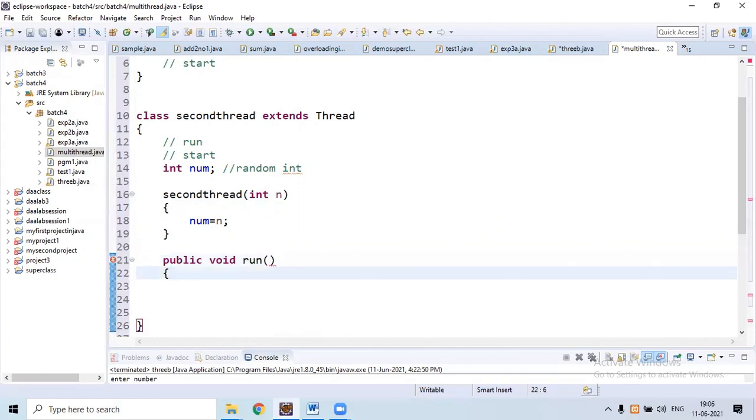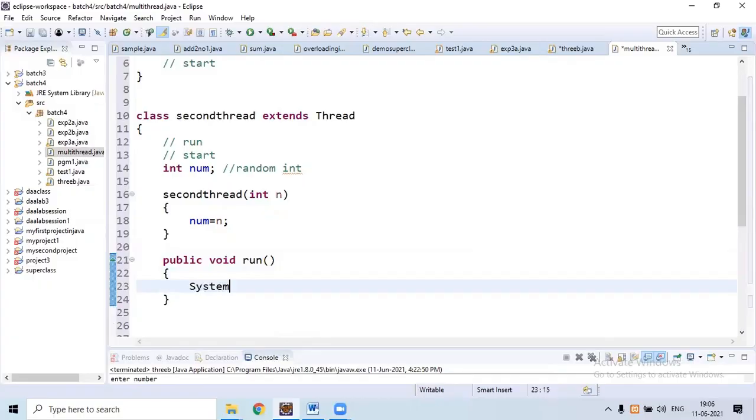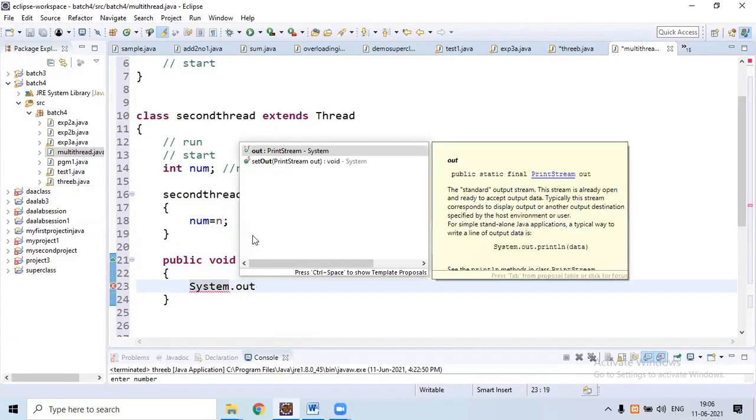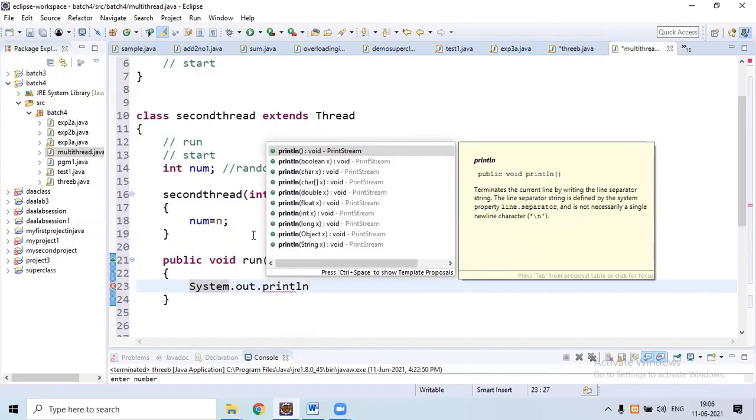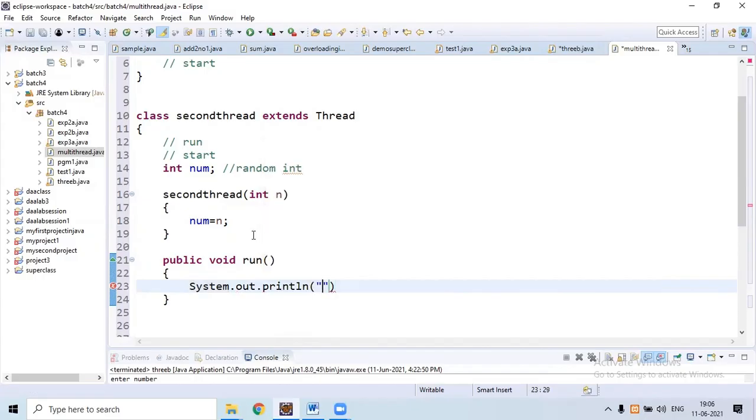Inside the run method, write System.out.println. Here we need to print "square of a number" is,